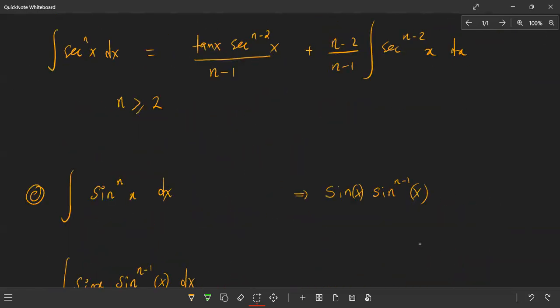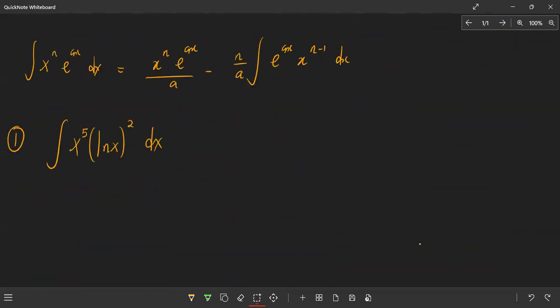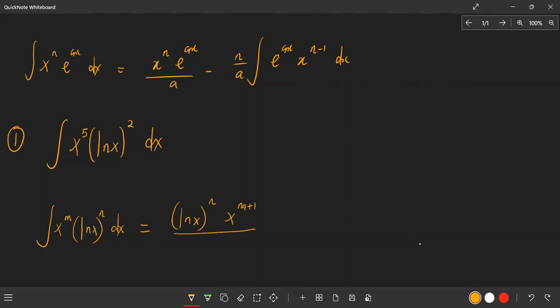So the general formula was the integral of x power m, natural log of x raised to power n dx, which is equal to, in brackets, natural log of x to the power n, then x to the power m plus 1, divided by m plus 1, and then minus n over m plus 1,